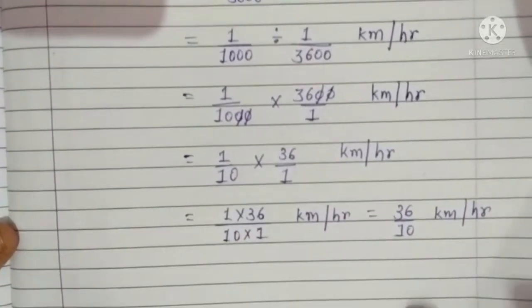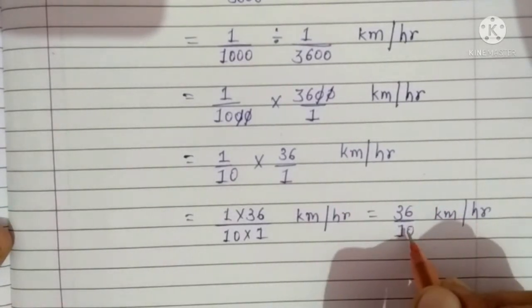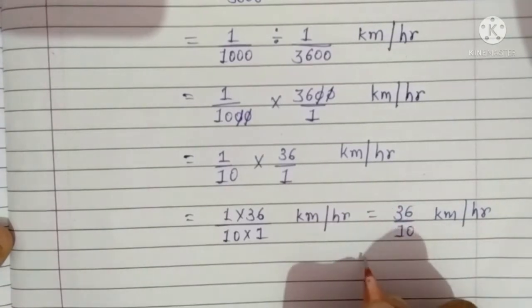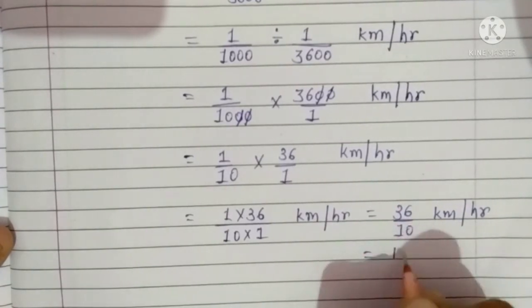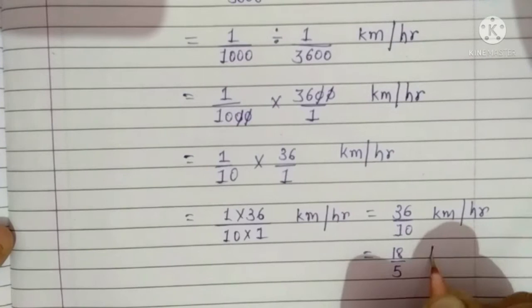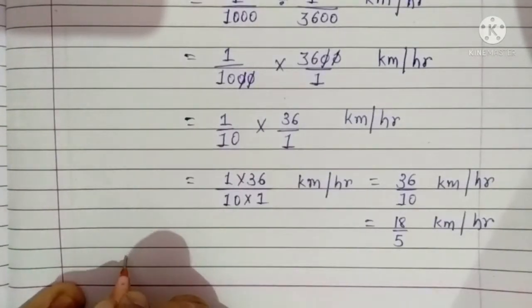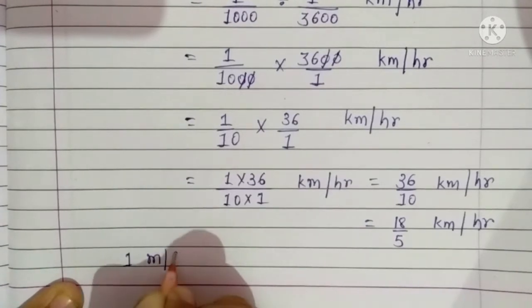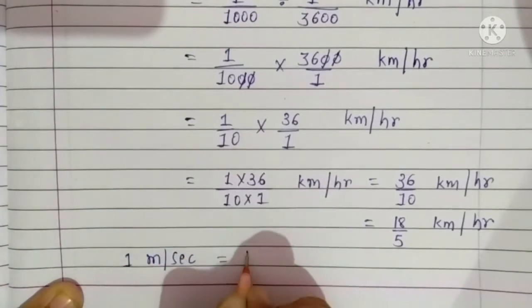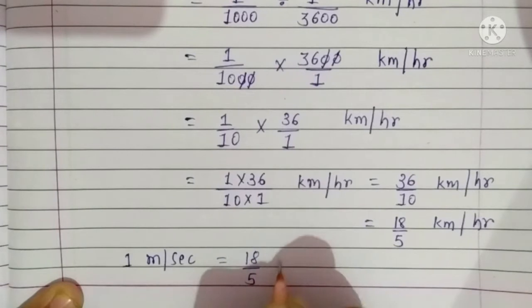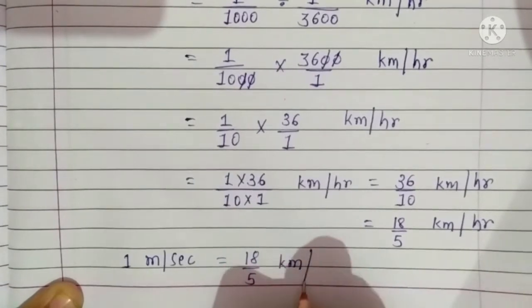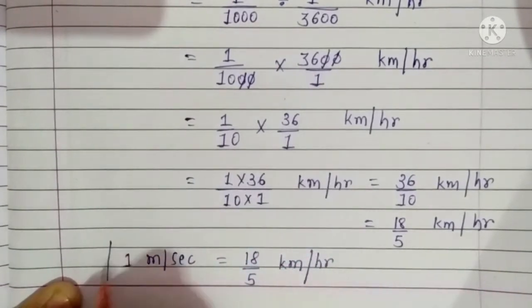But we observe that 2 is a common factor of 36 and 10. So दोनों को हम 2 से डिवाइड करेंगे तो हमें न्यू फ्रैक्शन मिलेगा 18 अपॉन 5 किलोमीटर पर आवर। So 1 मीटर पर सेकेंड is equal to 18 upon 5 किलोमीटर पर आवर।